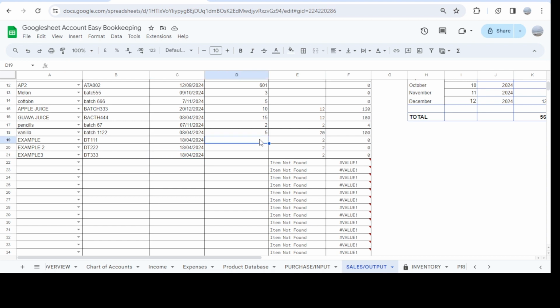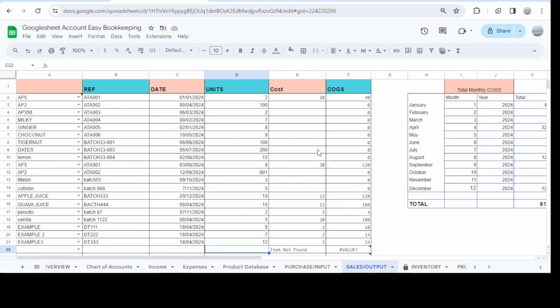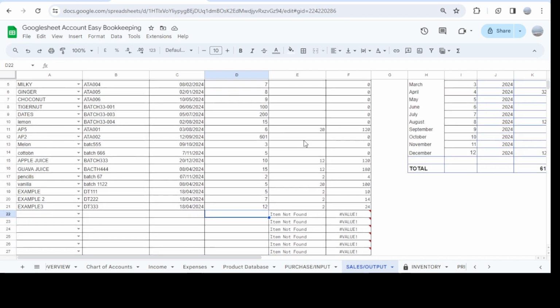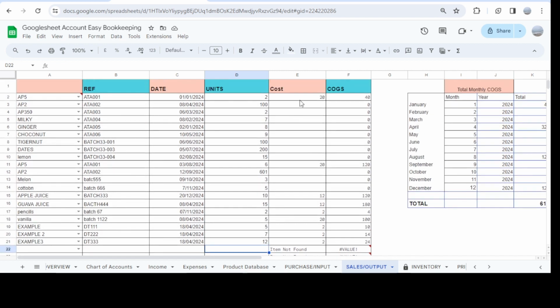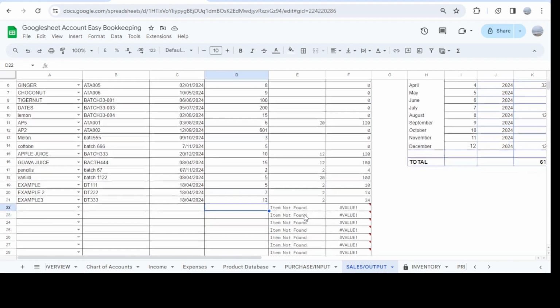Okay, so in example 1 we sold 5 out of 12, and example 2 we sold 7, and example 3 we sold 12. So now the cost of this item, remember we entered the data, is 2, 2, and 2,